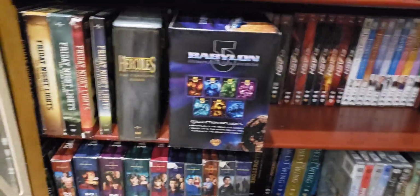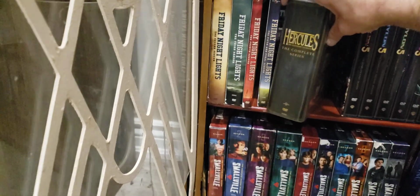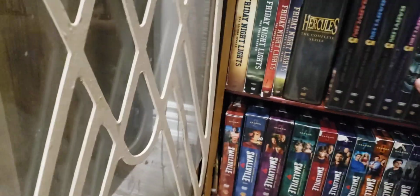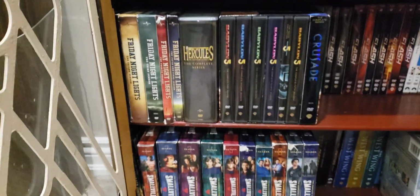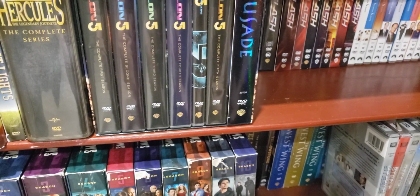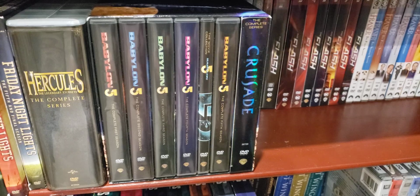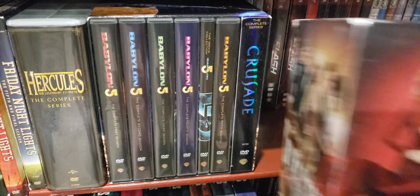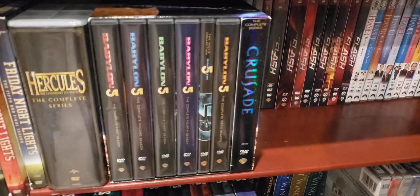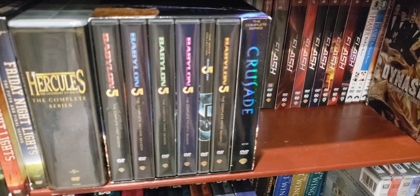So far, so good. Babylon 5, the complete series. Hercules: The Legendary Journeys, the complete series. Strangely enough, I thought I'd bought it in separate seasons. Maybe I was mistaken. And next to Dallas, my favorite soap opera series, Dynasty itself. You can see all 3 sides here. I'm going to put it at the end near Monk. And then, of course, you have